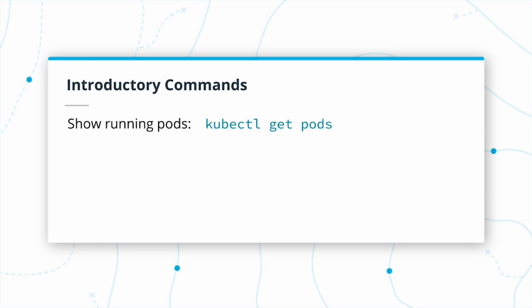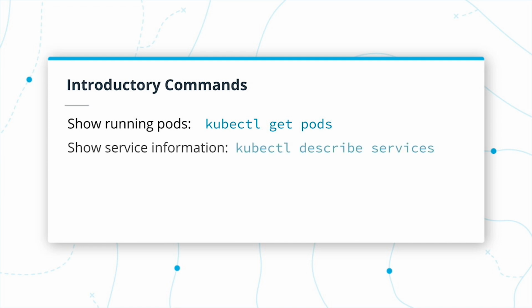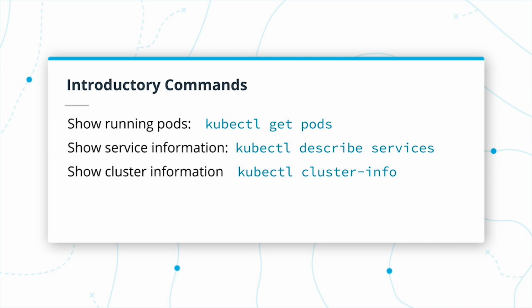To start off, we have kubectl get pods, and this shows the pods in the cluster. We can see what pods are running and some of its metadata, such as the health of the containers inside of the pods. kubectl describe services shows the services in the cluster. We can get an overview of the type of services that are running inside of the cluster using this command. If I wanted to take a step back and get some cluster-wide information, I could run the kubectl cluster-info command, and this would print a large volume of information detailing the cluster. So let's take these commands and show you how they work in a demonstration.